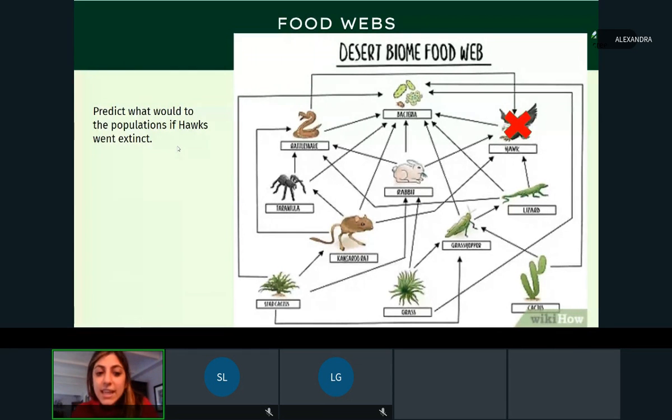And then what eventually is gonna happen if there's less grass, right? There's going to be a point where there's a limit to the population. So we could have a lot of kangaroo rats. We could have a lot of lizards. And we might have a lot of rabbits. But then there's going to get a point where they're going to be,